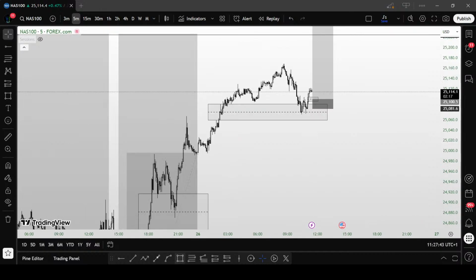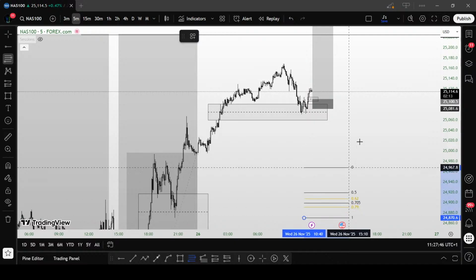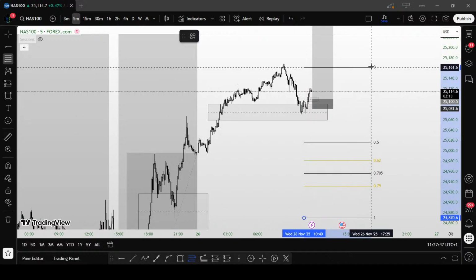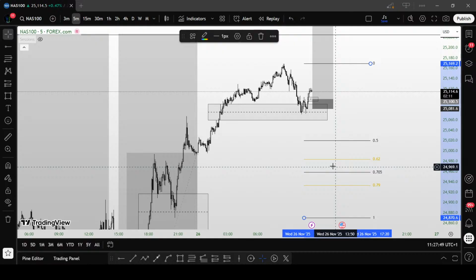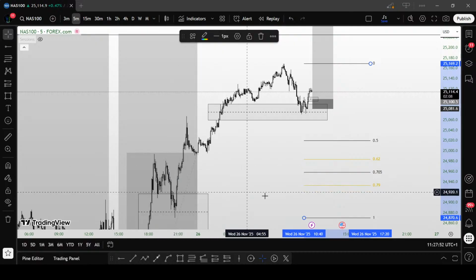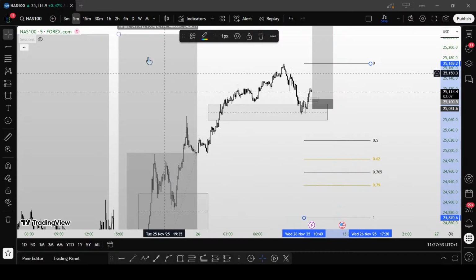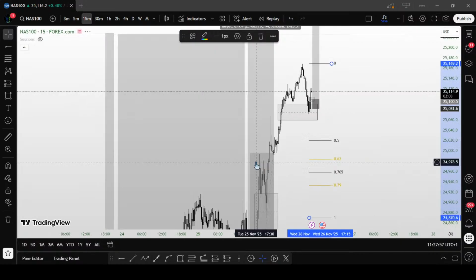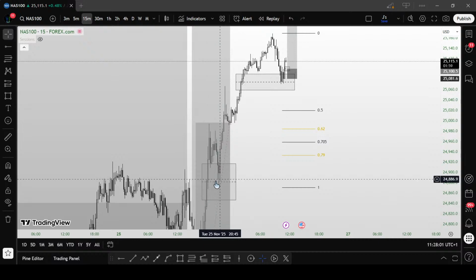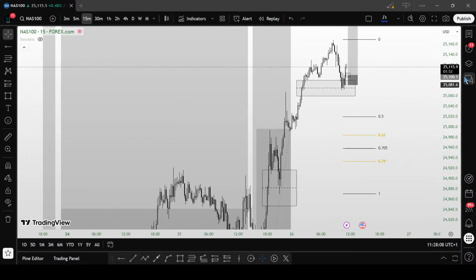And let's see if I get the Fibonacci here. Where do we have the OTE? The OTE is around here. I don't know if there's anything like that on the 15-minute time frame or if it's just blur. Yes, it's blurred. So we have the fair value gap being used. We don't actually have anything that uses this particular one. Let me clean these charts.